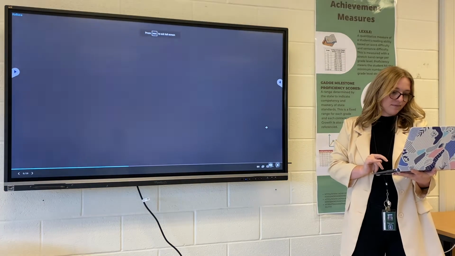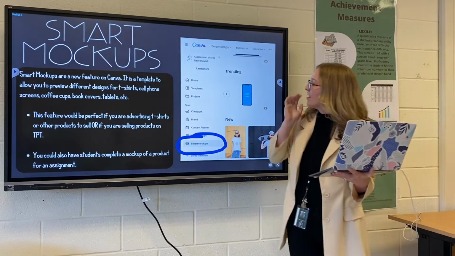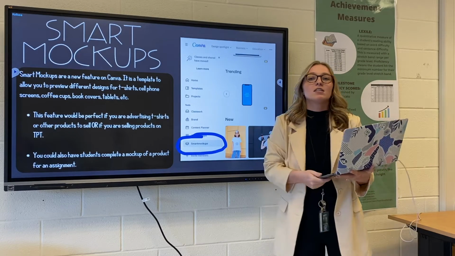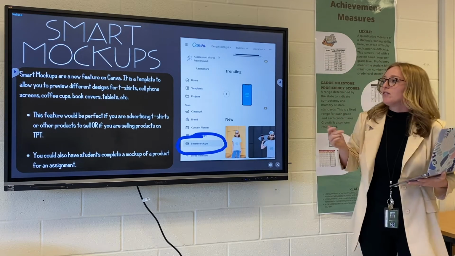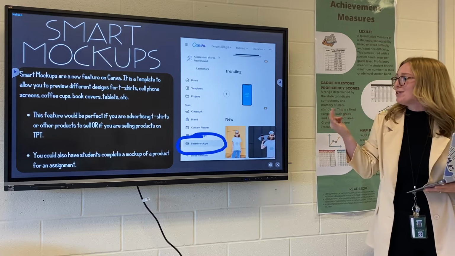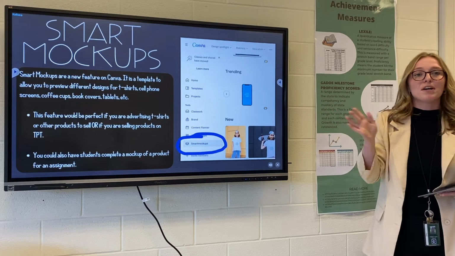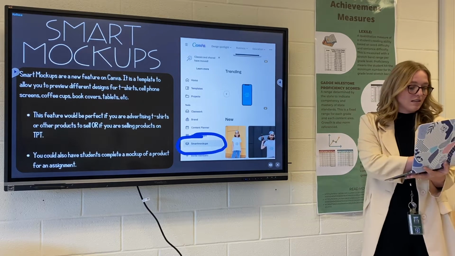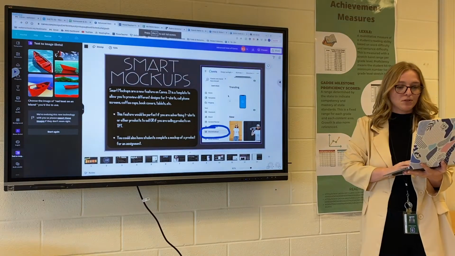Next, smart mockups are another feature on Canva. Smart mockups will allow you to use templates to preview designs. So you could do a smart mockup, or you could have your students do a smart mockup. If you are designing, for instance, a cup, a t-shirt, a computer screen for TPT, whatever it is, what you'll do is go to your home screen,